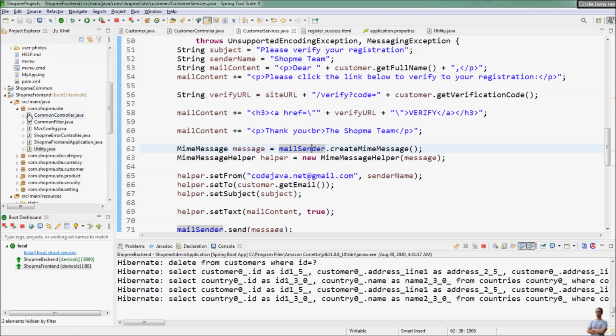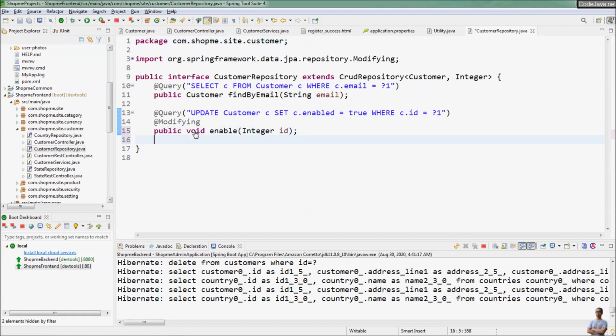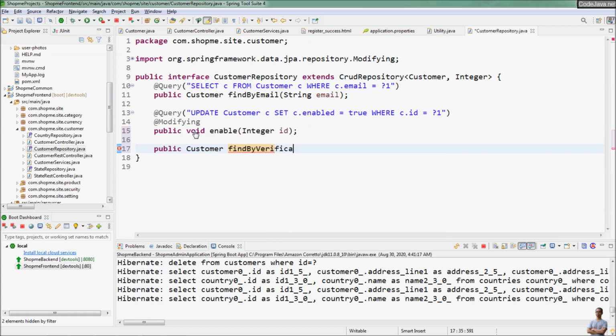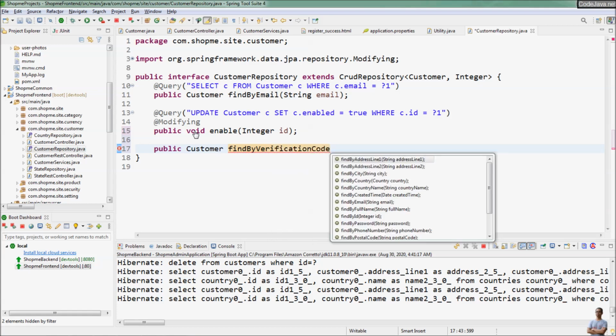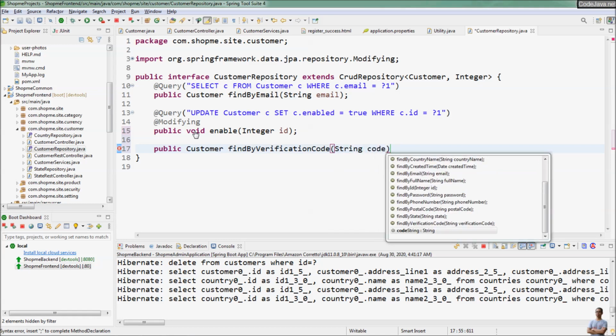First, we need to update the customer repository interface to have a method to find a customer by verification code here. In the customer repository, we declare a custom method here that returns a customer by a verification code: find by verification code, and code is a parameter here,